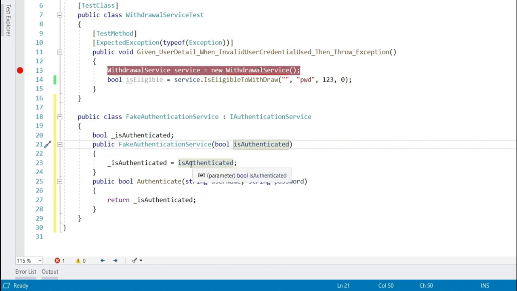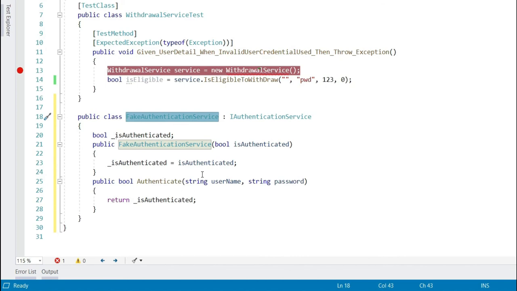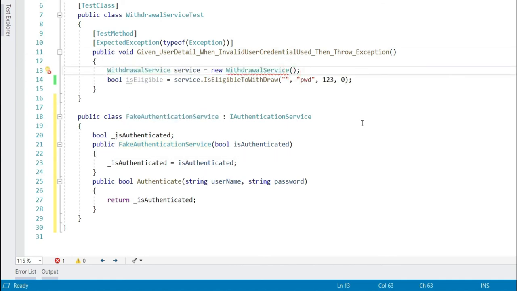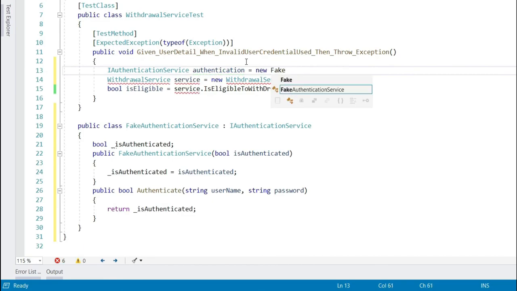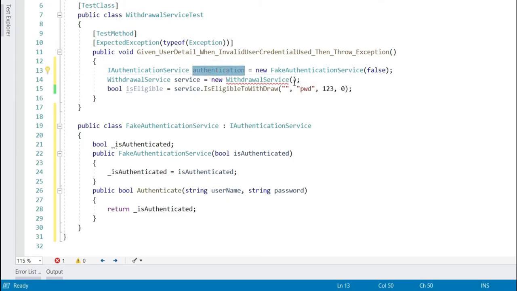The fake object that we have created here is completely similar to using a mock object from any mocking framework. If we use a mocking framework, the framework creates a fake object on our behalf. Again, you can mock appropriately only an interface or a virtual method. Let's change our code and see if the unit test passes now. Now it needs an authentication service. Let me create my fake authentication service and pass it here.